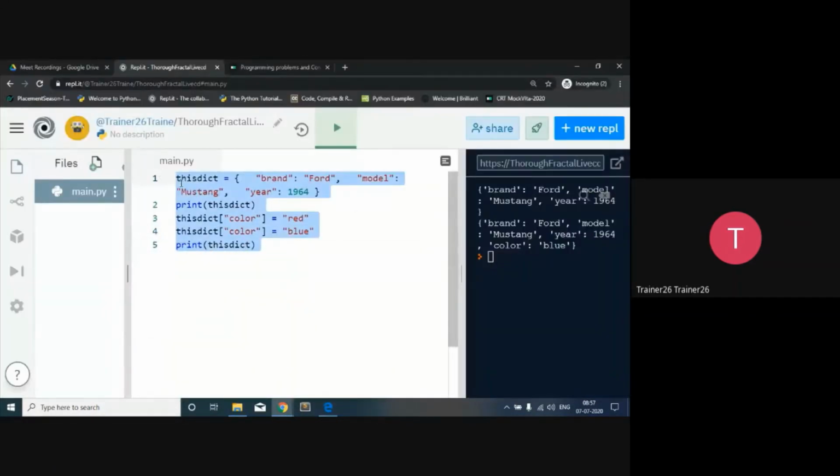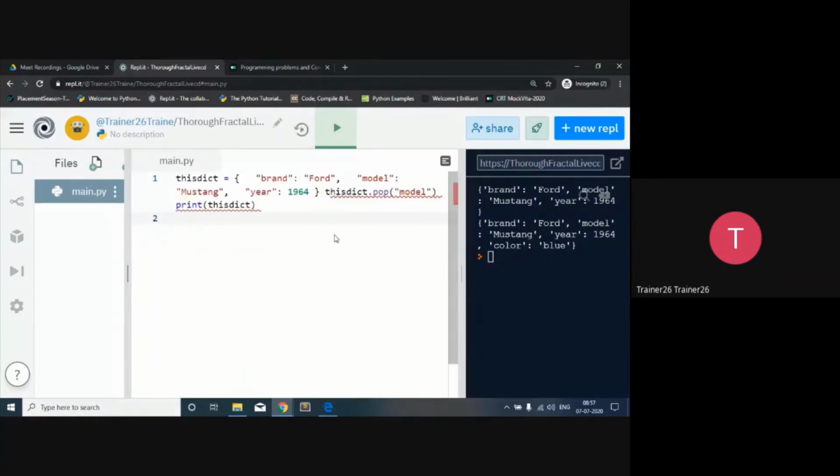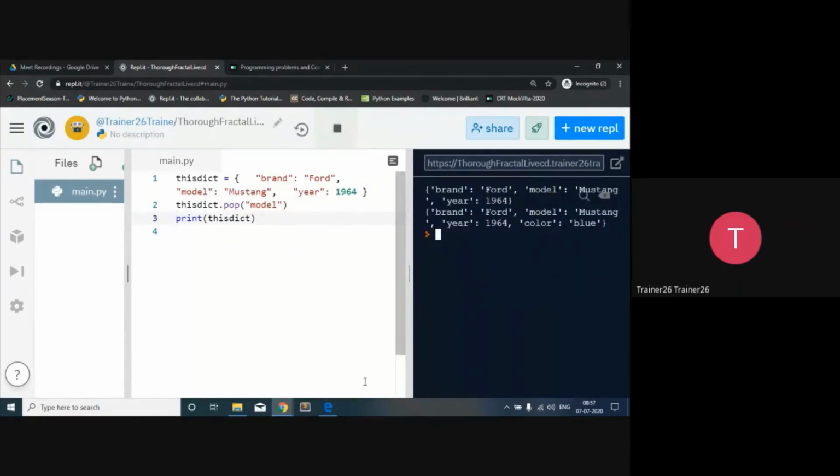So here right now we are going to give a particular key, and we want to pop it, and then after that we print the dictionary. As you can see, here we have brand and year. Specifically we tried to delete the model, so the model is deleted.